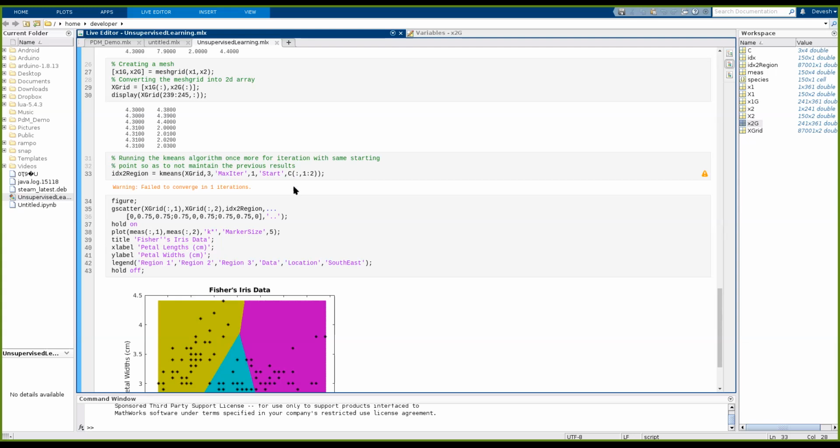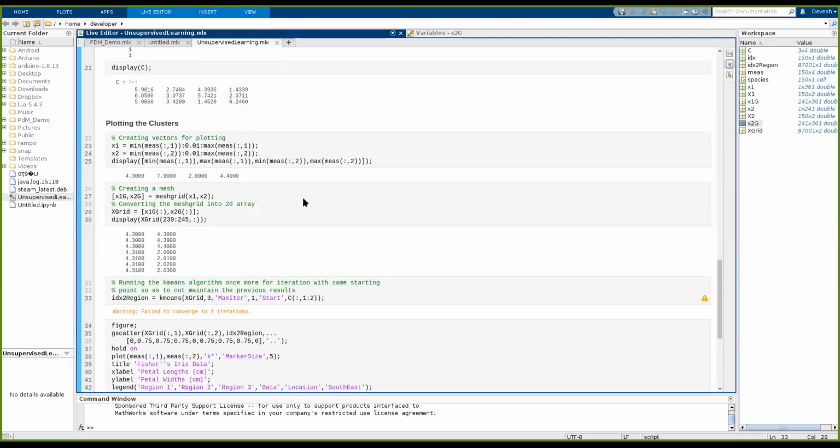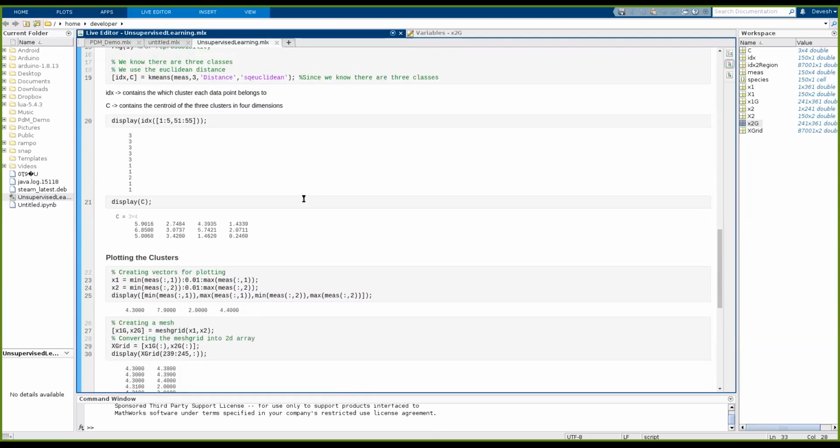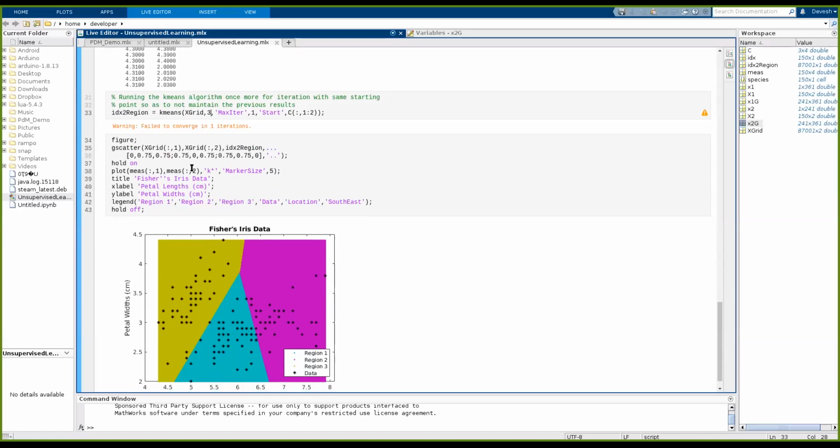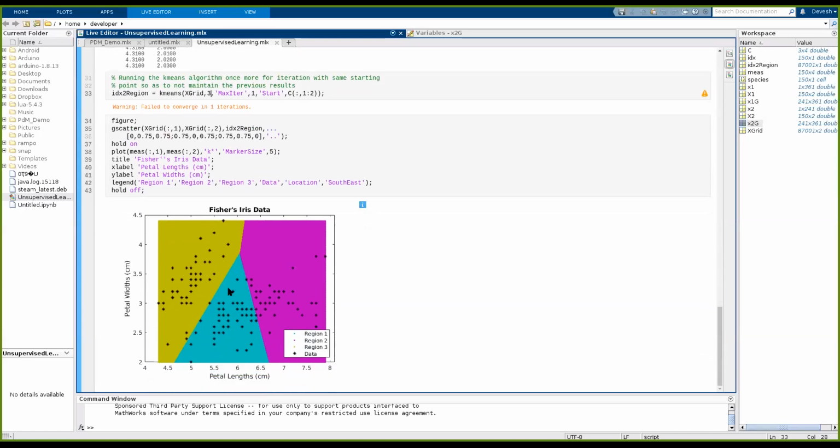What does start mean? If you look into the k-means documentation, start can take various values: either you can start with the actual numeric array, actual numeric matrix and all. So since I already have created a k-means centroid algorithm, C here, I directly use that C, so that I don't have to run the k-means again. I just want to reuse the values, but using the grid so that it can easily be plottable. And here I have displayed the output of the three clusters, basically how the points are divided.